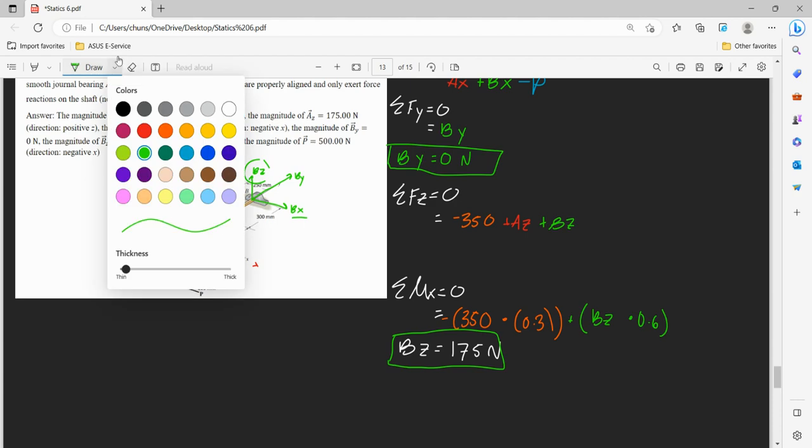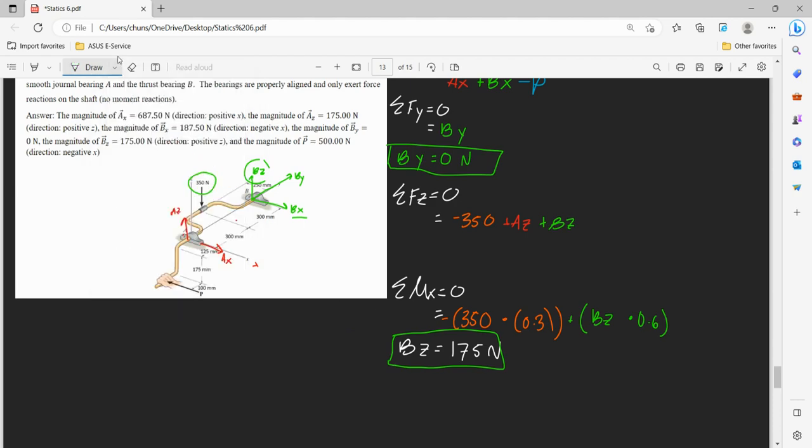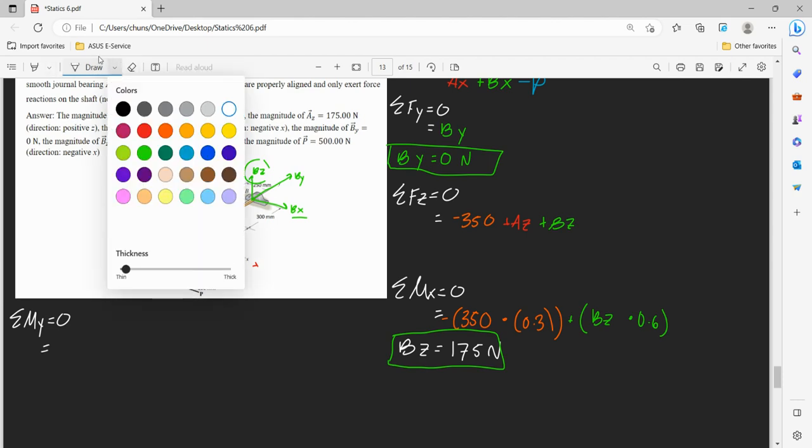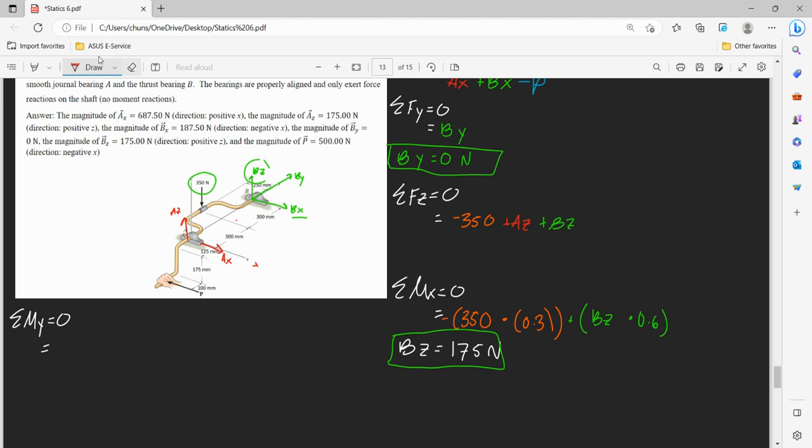Okay, still a few more to go. Let's check our answer. BZ 175, awesome. Okay, and about our y-axis, this is equal to, sorry, did I say y or z? I'm not sure. Okay, so this means we can